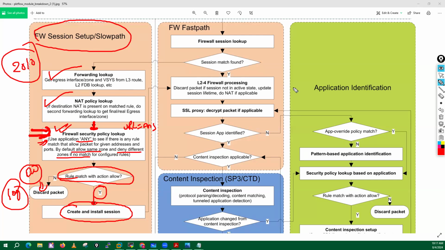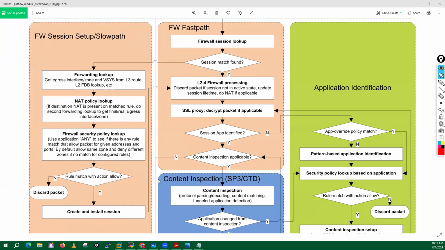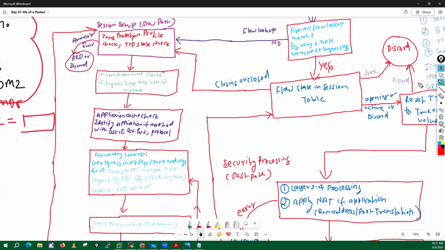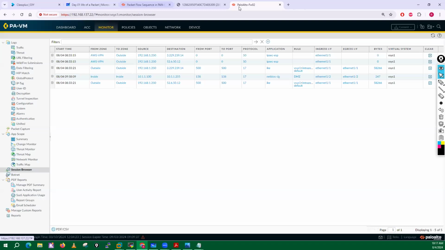Now let's try to understand with regards to the new diagram. According to your new diagram, we have received a packet into your slow path, right? And when we receive a packet into this slow path, what will happen? The very first task it will perform is known as zone protection. We can enable zone protection at the zone level. Let me just show you here. If I go into my firewall,